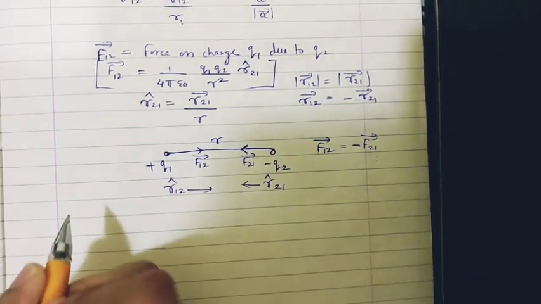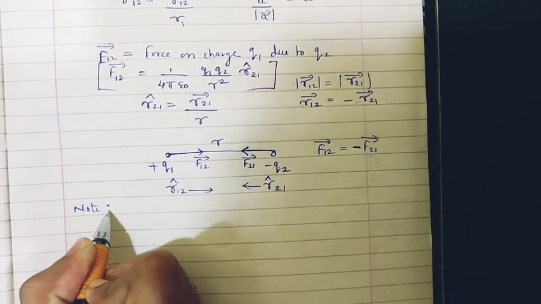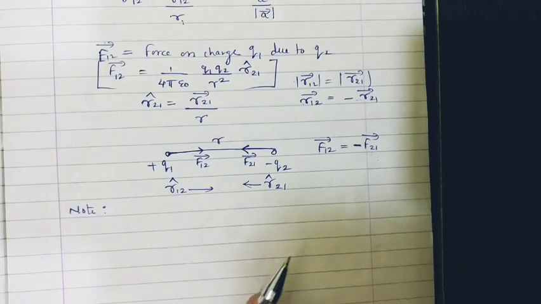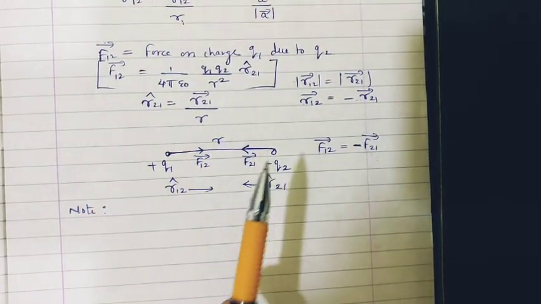Now in the next case, you have to note that supposing these two point charges are placed in some other medium, other than vacuum. Okay, now we have considered all the cases here, all this Coulomb's law in the vector form and the rest of the things, when the two charges were placed in vacuum.